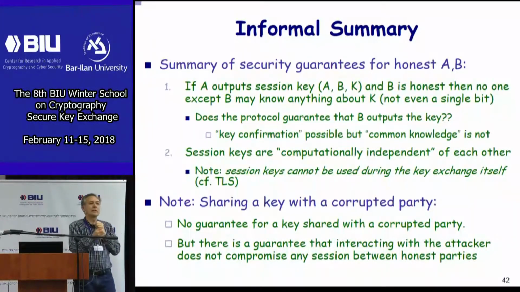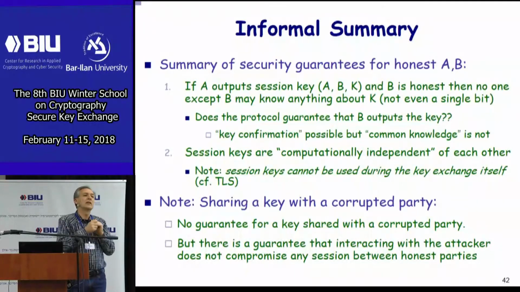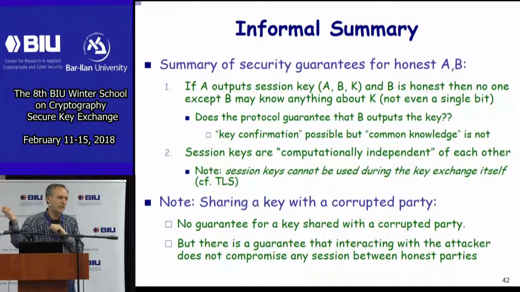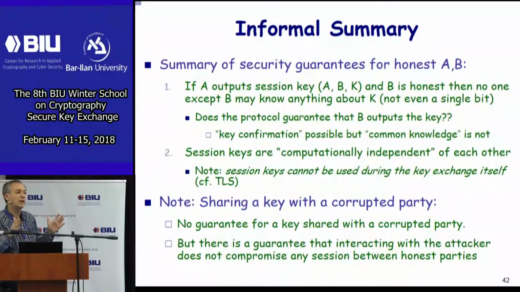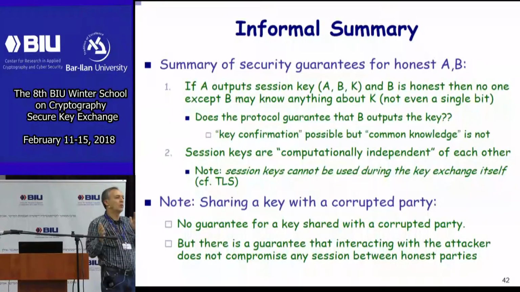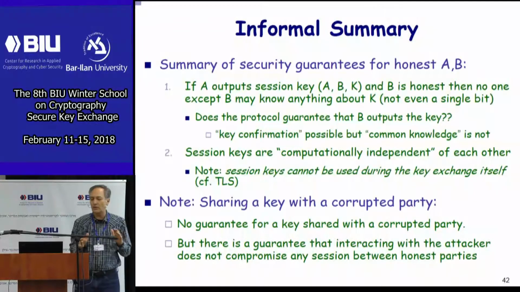And you exchange a key with that party. The model doesn't give you any guarantee about that key. In particular, it can be that the key that you now exchange with that corrupted party is the same as another key that you exchange with another corrupted party. It cannot be the case that the corrupted party will make you exchange a key which is the same as one that you did with an honest party, but you can have the same key with two different corrupted parties, or with two runs with the same corrupted party. These definitions don't call a protocol that allows you to do that insecure, okay?